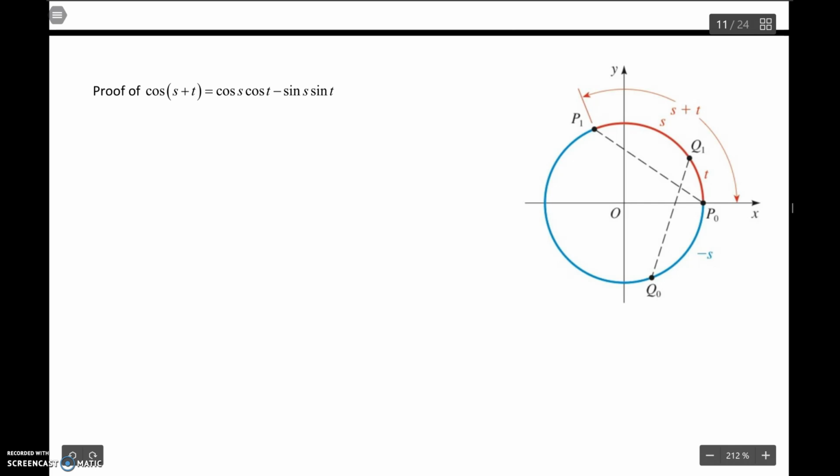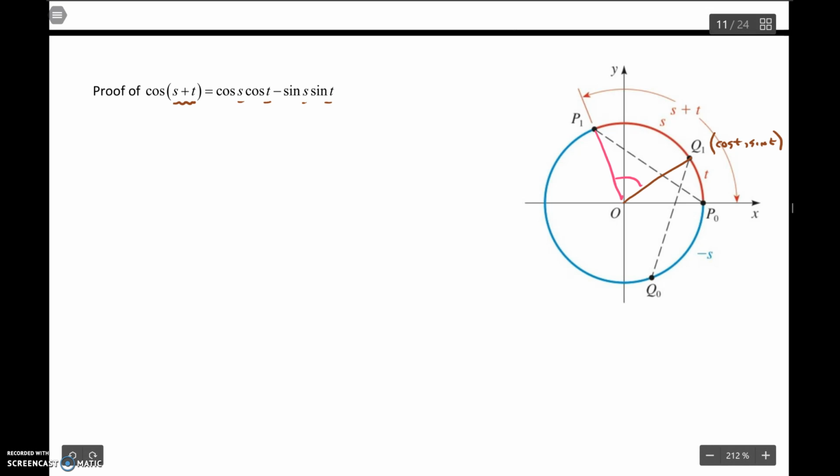Okay, so the stroke of genius, in my opinion, is that they figured out a way to get the sum of two angles in terms of the individual angles. So somebody said, well, what if we call this angle t? If we call this angle t, then this point Q1 would be the cosine of t, sine of t. Definition of your trig functions, right? The angle is t, therefore the x, you got it. And then if we add angle s to that angle t,